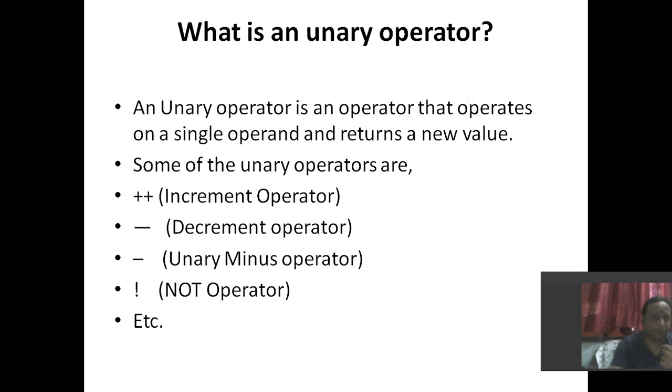What are the unary operators? Here are some unary operators. A unary operator is an operator that operates on a single operand and returns a new value. Means there are some unary operators